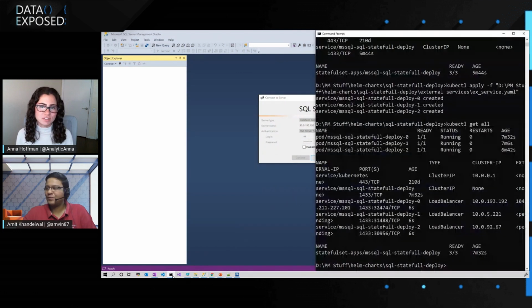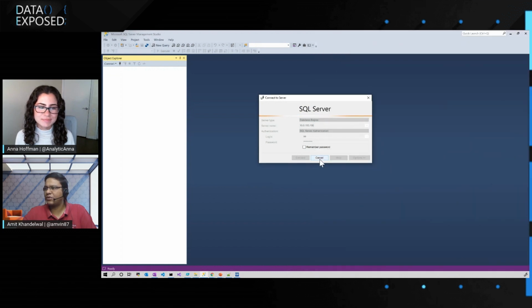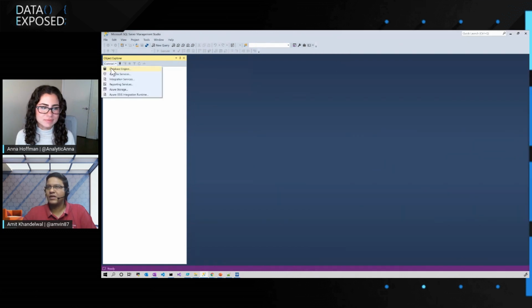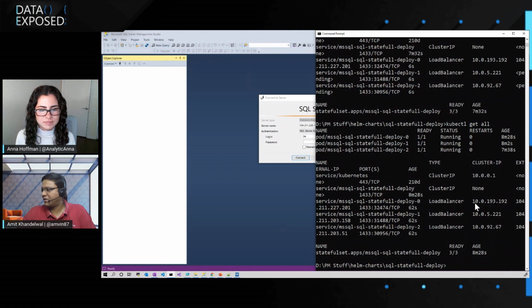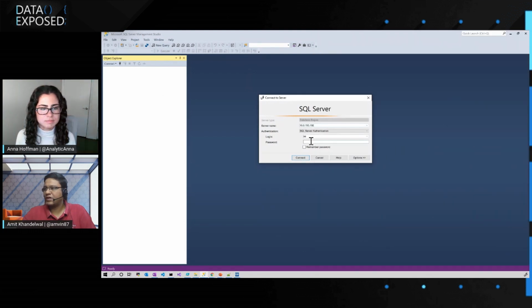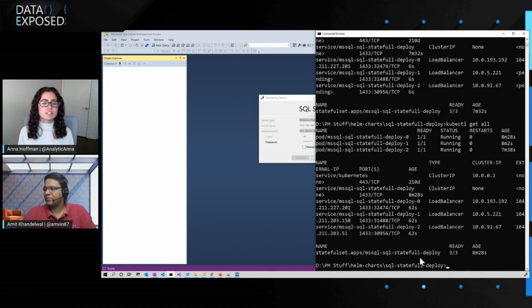So the load balancer is what's going to give us something to actually connect to. So this is a little bit different from normal SQL Server, but it should be pretty standard for Linux and container people. Yes, it is. In fact, this is basically how you would go ahead and connect to the SQL Server. You know what? Let me just cancel this. Let's go back and ensure that I did copy it right. So Control-C, Control-V.